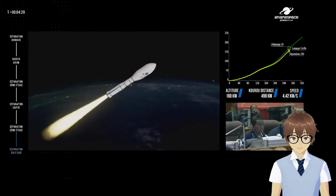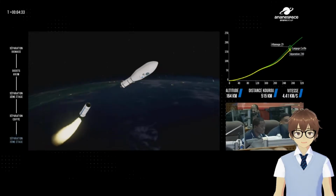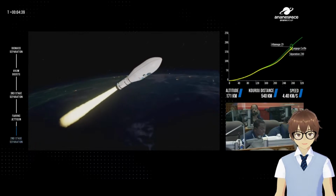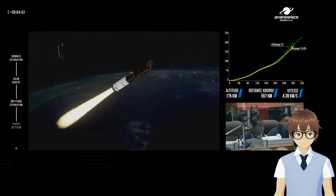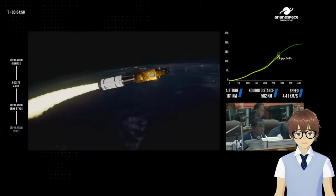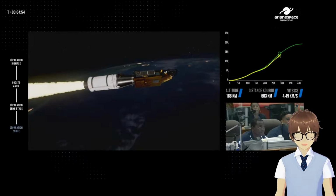Ready for the Zephyr 40 separation, and ready for the Zephyr 9 ignition. Okay, and Zephyr 9 has already ignited. We just got confirmation that the payload fairing has already jettisoned. And now, finally, the Biomass satellite has been exposed to the space environment,